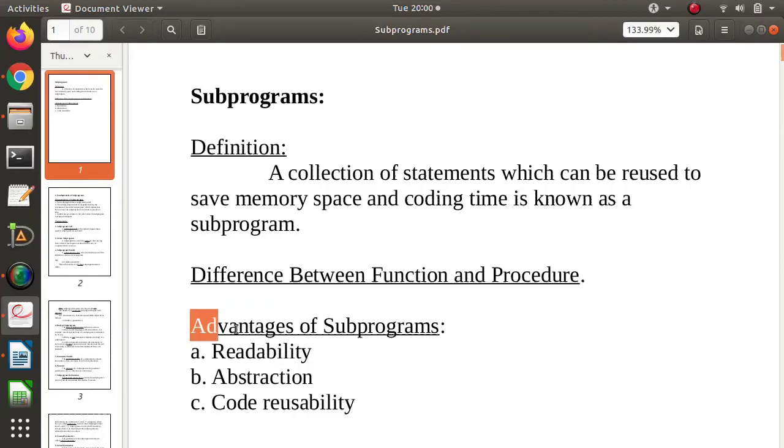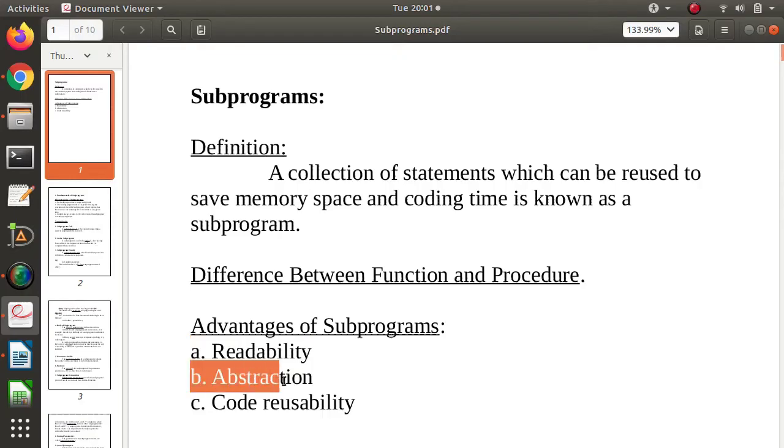Now, what are the advantages of using subprograms? First thing is readability. As we have seen, because of the modular structure and as we are reducing the number of lines, it becomes easier to track errors. For example, suppose we find that the error is in the factorial subprogram or factorial function, so we can check errors there. Suppose there is an error in finding a square or square root, something like that. So it becomes very easy to track the errors, and also very easy to understand the code. Because of that, it increases the readability of the whole program.